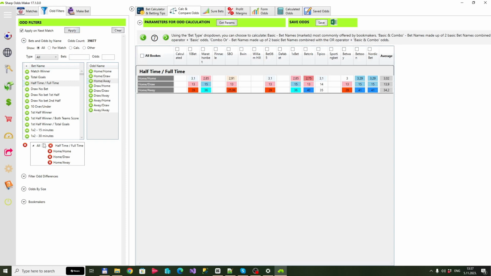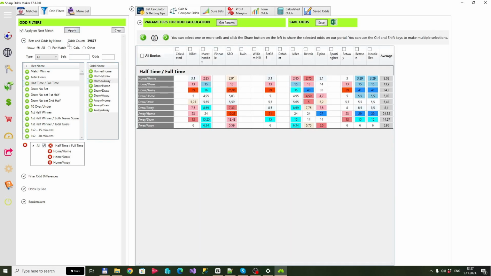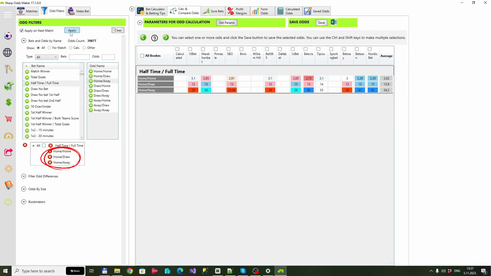If the all checkbox next to a bet name is checked, it disregards the selected odd names for that bet name and the entire bet name is chosen. If unchecked, only the selected odd names for that bet name are filtered.